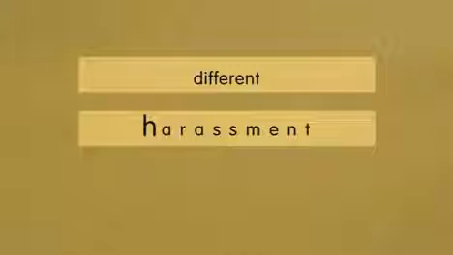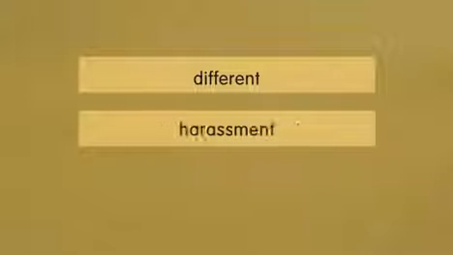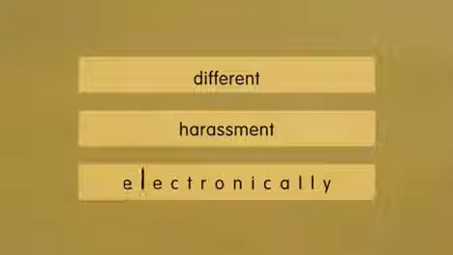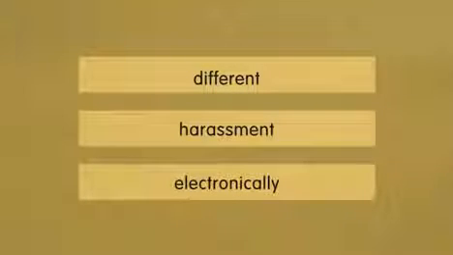Harassment. H-A-R-A-S-S-M-E-N-T. Harassment. And electronically. E-L-E-C-T-R-O-N-I-C-A-L-L-Y. Electronically. Notice that even though English spelling can be very difficult, it's very important to make sure you spell